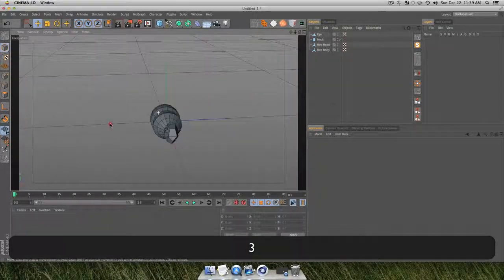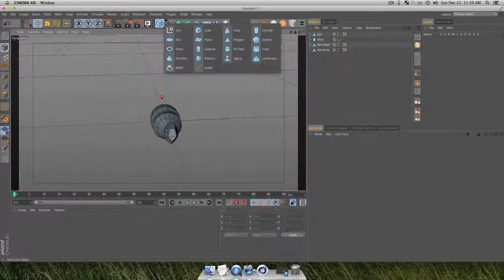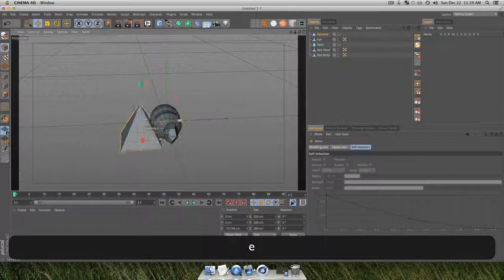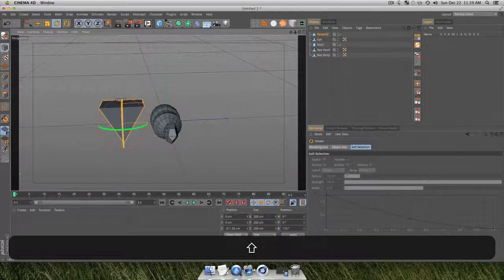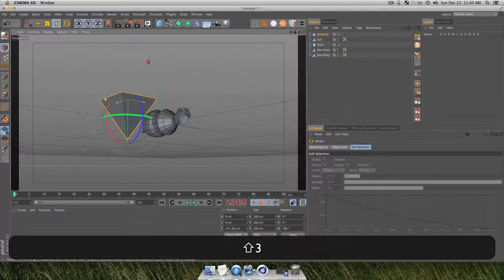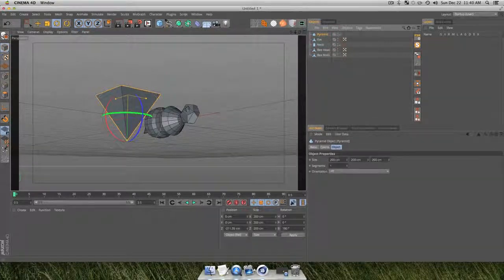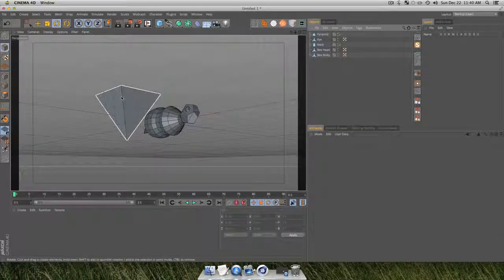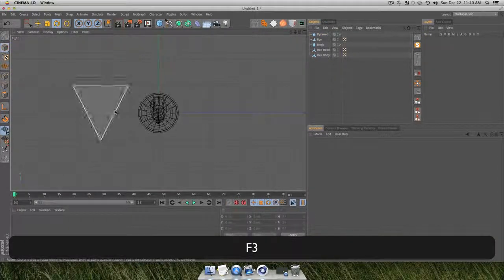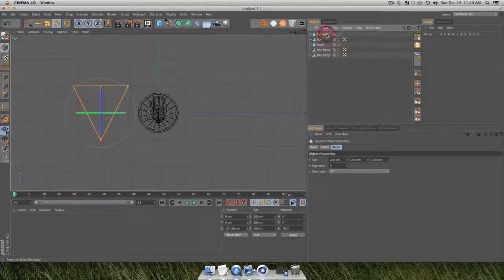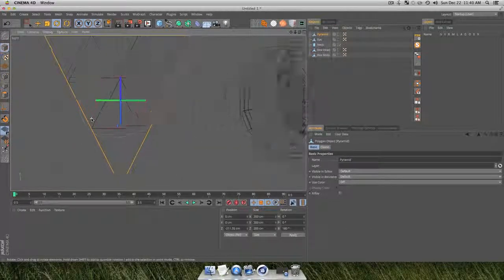So let's create the legs. I'm going to go into my primitives and select a pyramid. Just drag this out to the side, rotate this 90 or 180 degrees so it's upside down. Let's see, go into my attributes. I'm going to turn my segments up to 3. That is good. I will go into my right view, make my pyramid editable by pressing C on my keyboard,